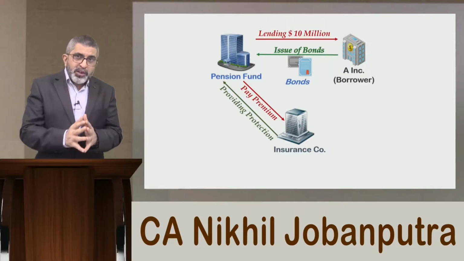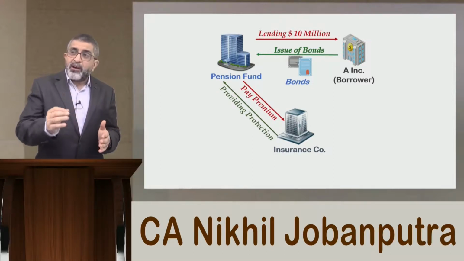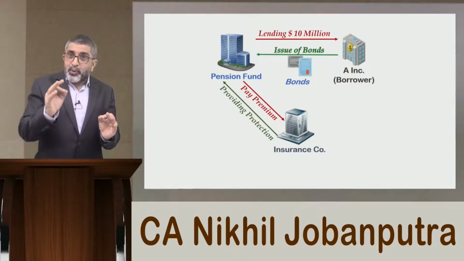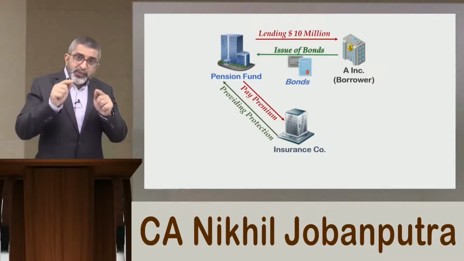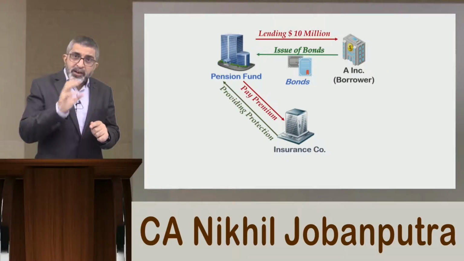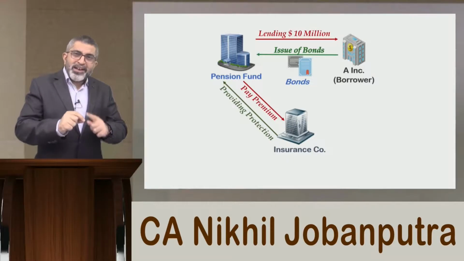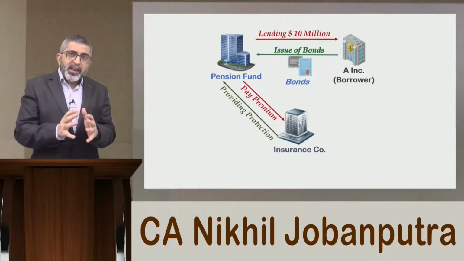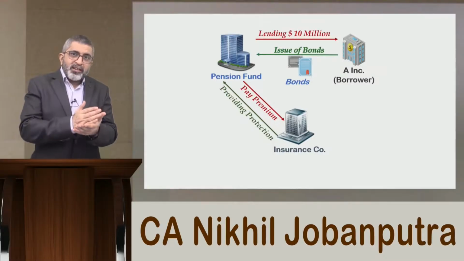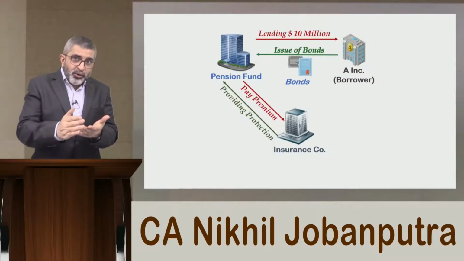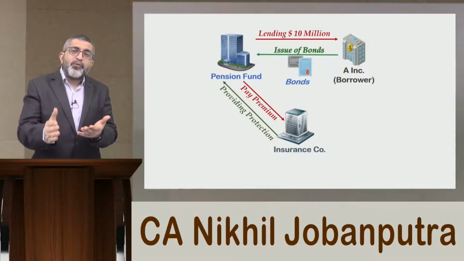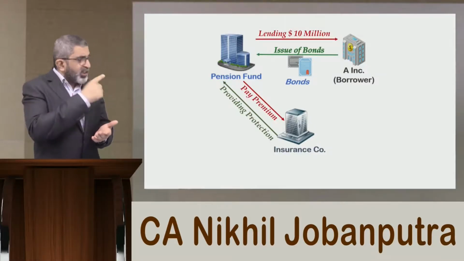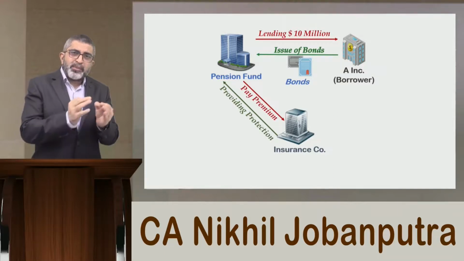This insurance company should definitely have a very high credit rating, equivalent to AA bonds. If that institution has enough credit rating, then and only then can it provide protection to the pension fund. So this insurance company is kind of securing the repayment capacity of the borrower. In case of any default made by A Incorporation in this example, it is the insurance company that is going